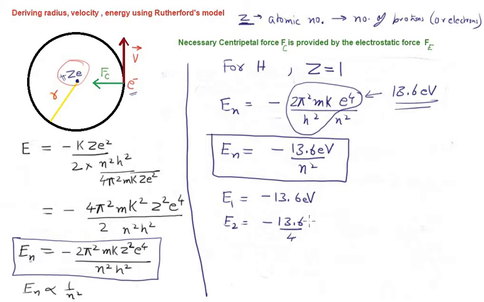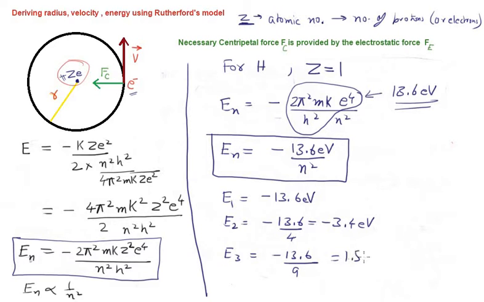It will be minus 3.4 electron volt. Similarly, the energy of the third orbit, minus 13.6 divided by, put the value of n as 3, so 3² will give you 9, so 13.6 divided by 9, it is approximately minus 1.5